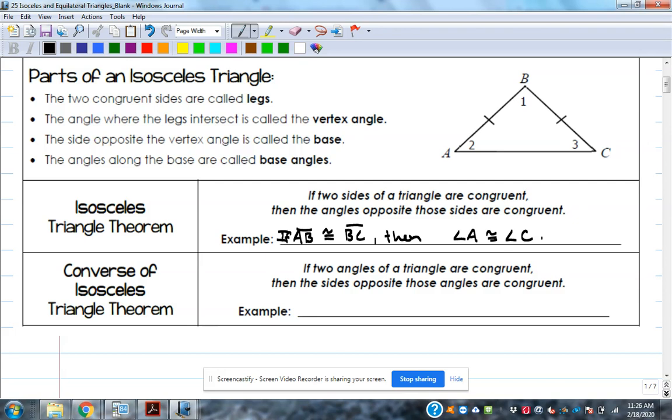The converse of that, what does the converse do? Switches the hypothesis and the conclusion. So it says that if angle A is congruent to angle C, then AB is congruent to BC. And if you can get those things happening, then you know you've got an isosceles triangle, because you've got two sides that are the same. And that's the definition of an isosceles triangle. Okay. So those two theorems will come back up when we get to proofs with this stuff,